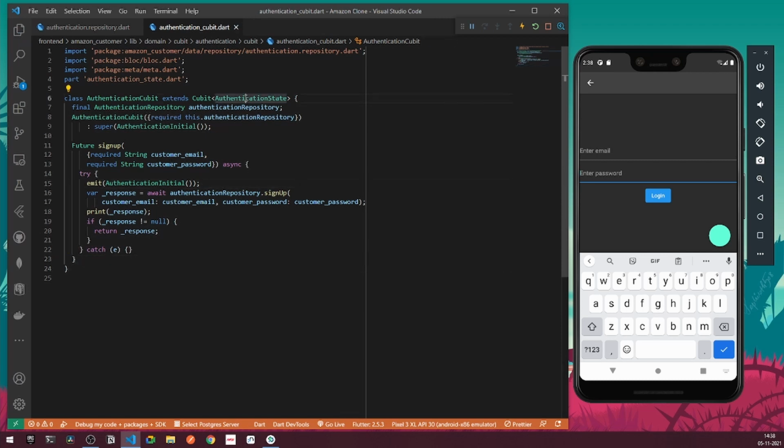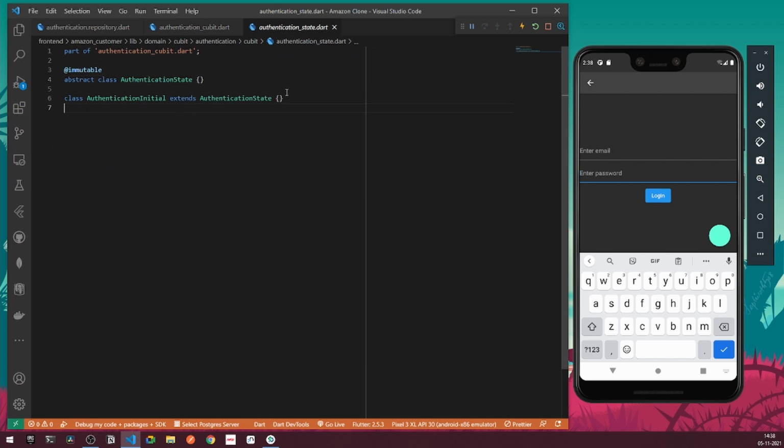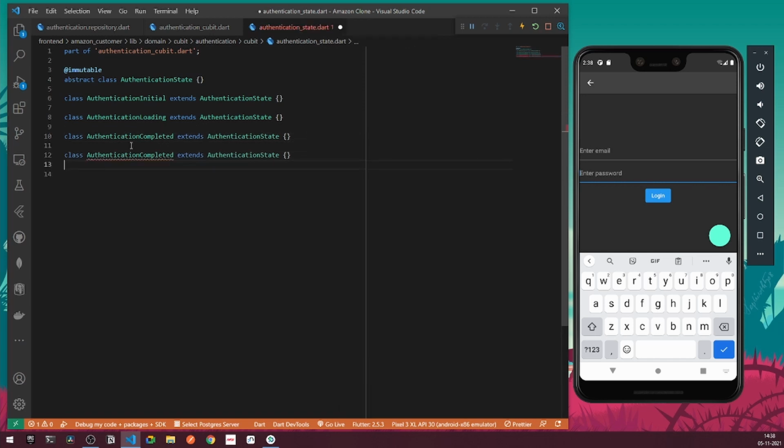So what I'll be doing, I can go under my authentication state and I can create some more states. I can say authentication initial, and here I'll say authentication loading, and here I can say authentication completed, and also I can have an authentication error. So here I'll be simply having a state of error, and under the state of error, I will be having a string called error.